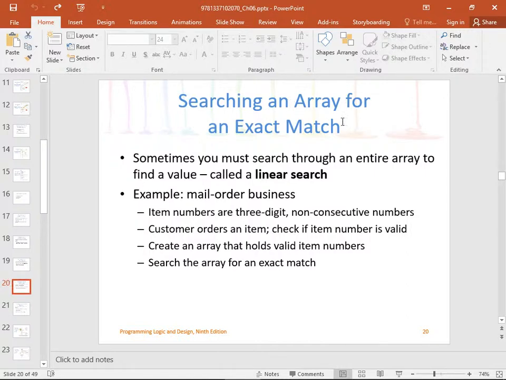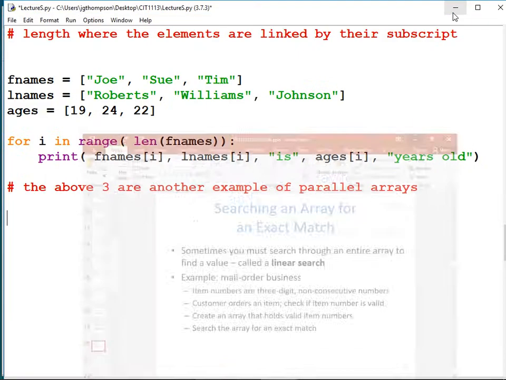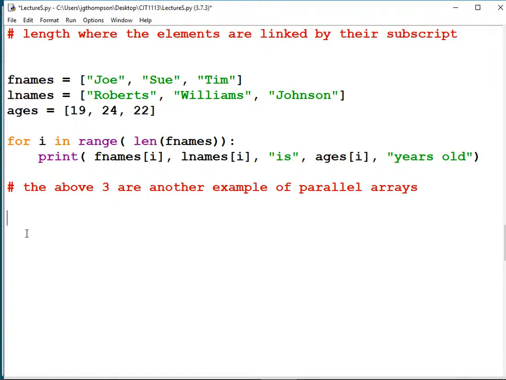So, searching an array for an exact match. This is almost going beyond what I would want to hit today, but I guess we could do this. What if we wanted to find out if anybody in our data here was equal to the age of 24?